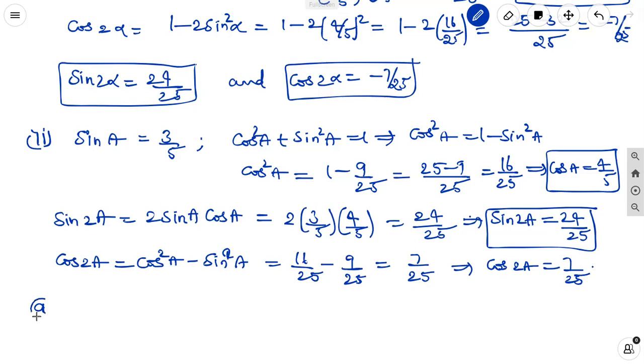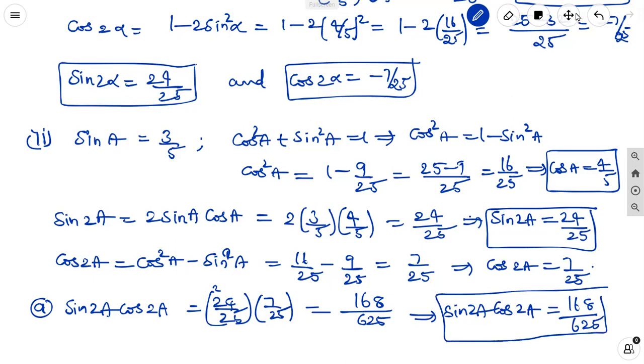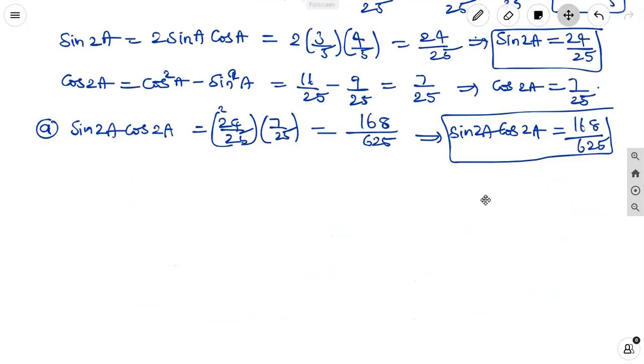The first question in that they are asking sin 2A cos 2A. Sin 2A value is 24 by 25. Cos 2A value is 7 by 25. 25, 25 is 625. 7 4s are 28, 7 2s are 14, 168. So sin 2A cos 2A equal to 168 by 625. It is the first one. Second one is